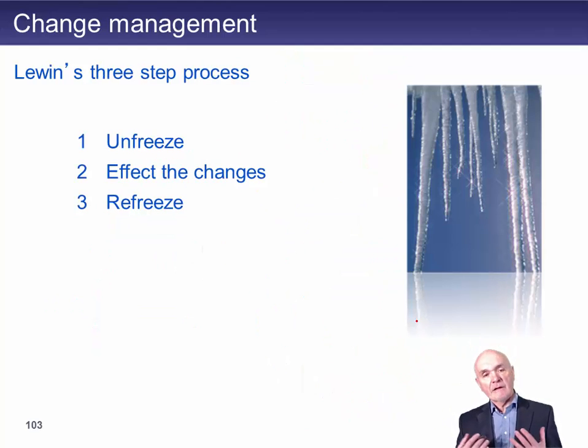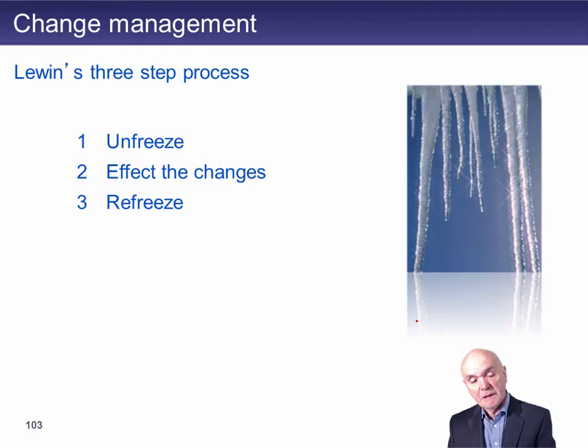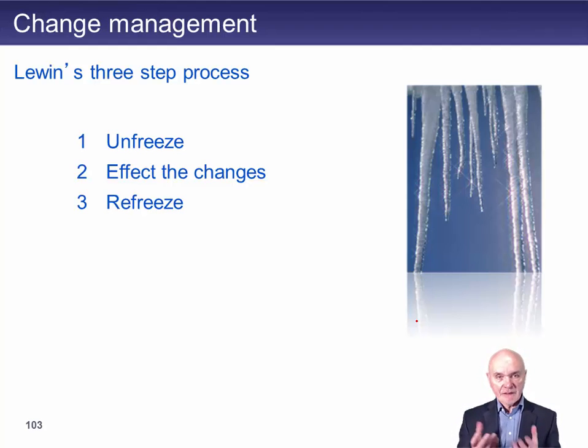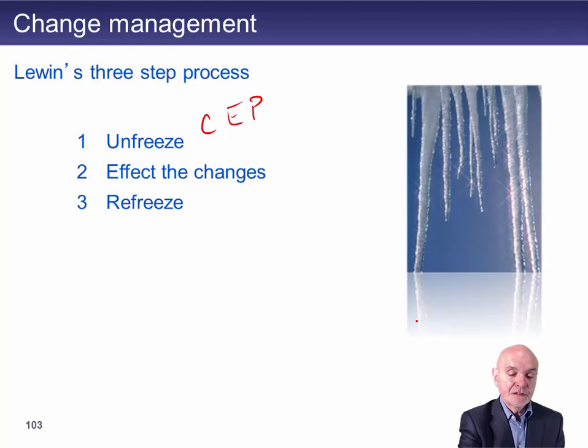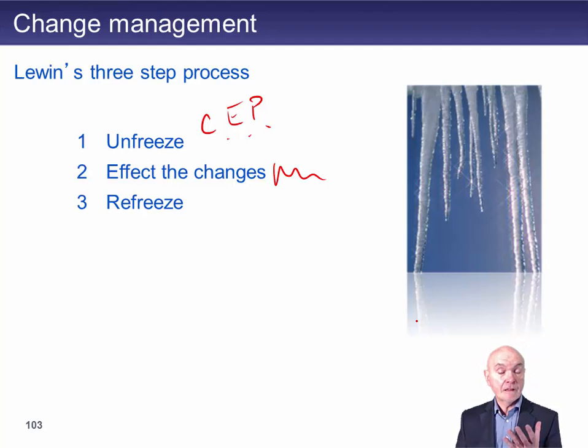Lewin also had another model, very similar, I think, to the force field model here. He said, first of all, you have to unfreeze. People have been doing the same thing for the last 5 years. You have to get them ready for change. And this is really where you have a lot of the communication and the education and maybe the participation going on. Kind of soften them up, really. Say why change is needed, what you're planning, what your ideas are. And then you put the changes through. And this is the time of turmoil and difficulty and hard work.